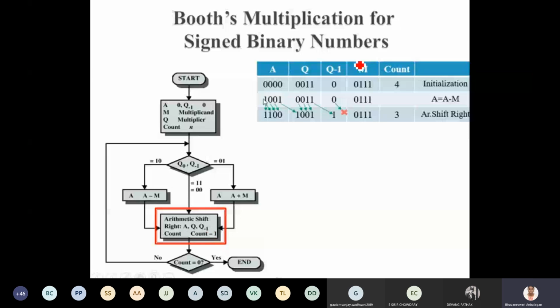That alone. You don't disturb this M register. Okay, M is going to be static. It is not going to change at any cost. I am going to do the right shift of it. Now how am I going to shift the values? A, Q, Q minus 1. I am going to shift the values right by one bit. At that time this first bit will be restored to the next refreshed table as it is.